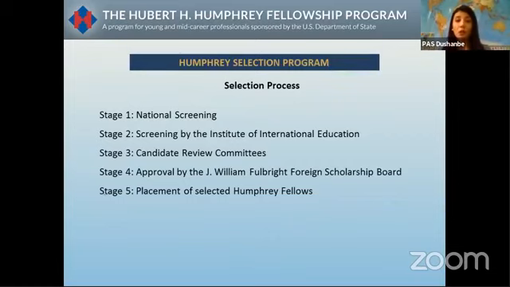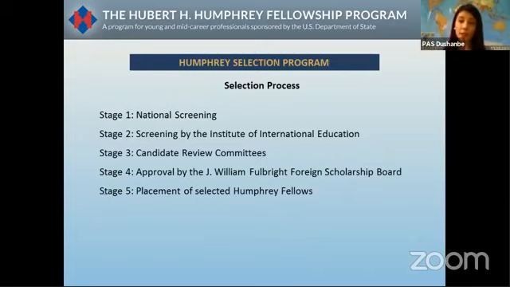Just to give you an overview of how the program works and how selection works, because we have many people who apply to the program and then ask, oh, what's next? We applied, and when and what is going to be expected. So here's a process that hopefully will give you information and more understanding of how it works